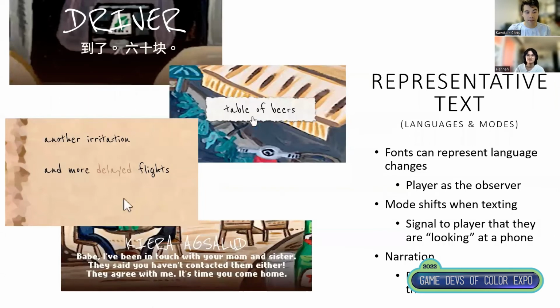Lastly, I wanted to talk about the representative text in the game as well. Fonts in the game represent different mode changes, similar to art style as well. For example, when getting a text message on a phone, the font will help the players make the text more realized by its stylistic font. And the fonts are also indicative of a narration mode too. So blogs and episodes have the same font style, whereas other portions of the game are more experiential. So there are things like languages that you can't read.